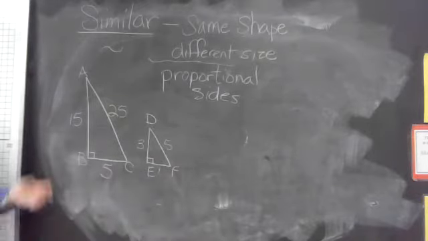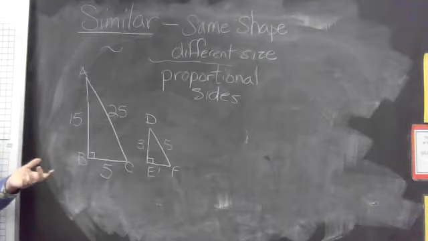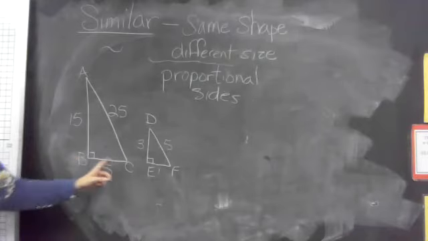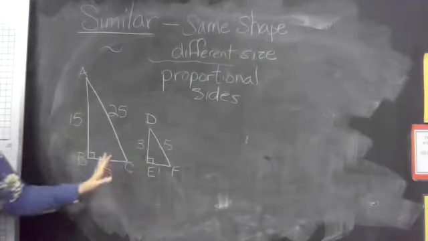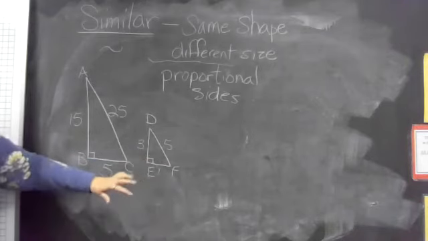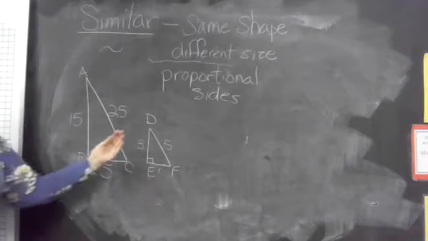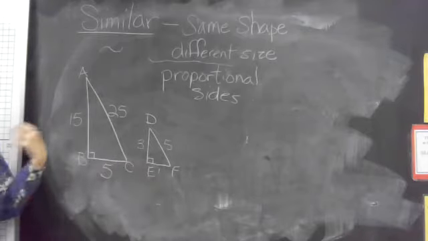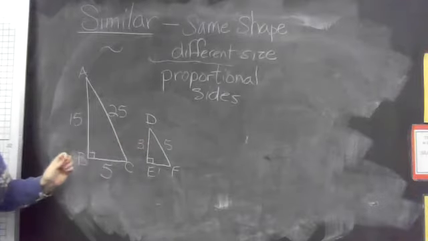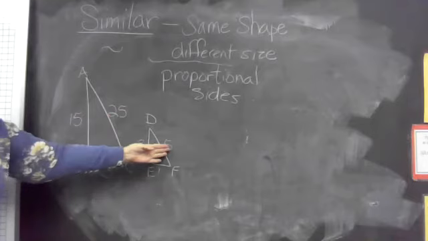Now, we have to make sure that we understand corresponding sides. That means in the shape that it is, which sides are the same. You know what I'm talking about? So the little one on the bottom and the little one on the bottom are called corresponding sides. They're not equal because this is 5 and that's 1, but they are corresponding sides because they match the same position in the triangle. So this long side and this long side are corresponding sides,